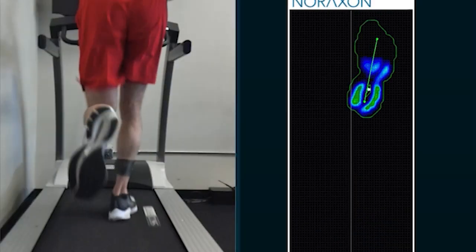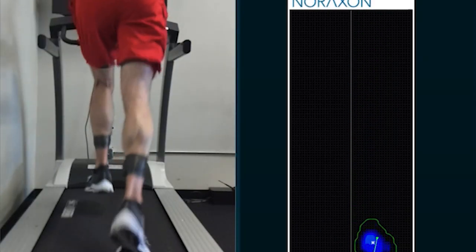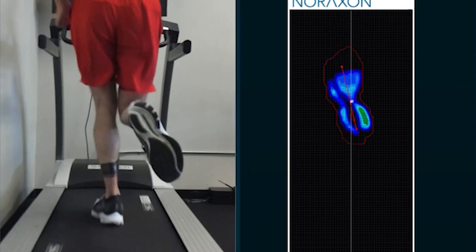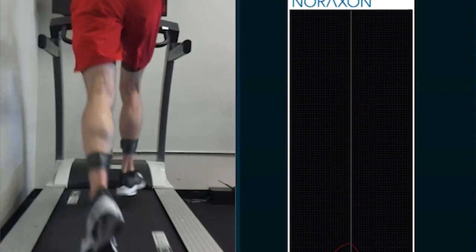So what are the other risk factors that cause plantar fasciitis? In terms of running mechanics, one of them is overpronation. So when your foot collapses too far inwards. Again, some pronation is good because it allows you to absorb shock. Too much pronation, however, overloads the shin muscles that control your foot. It overloads your foot muscles, and when they meet their capacity, then that energy gets put on your plantar fascia